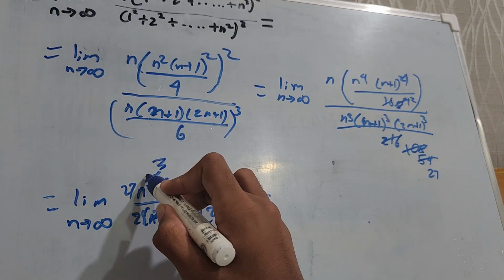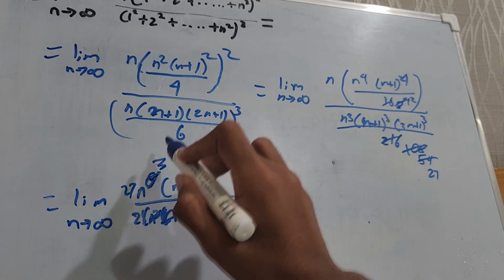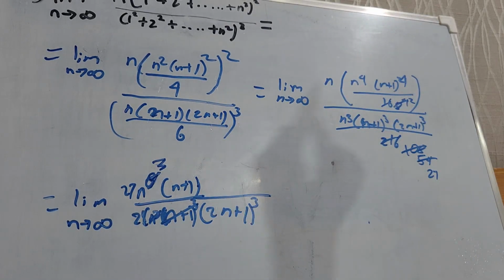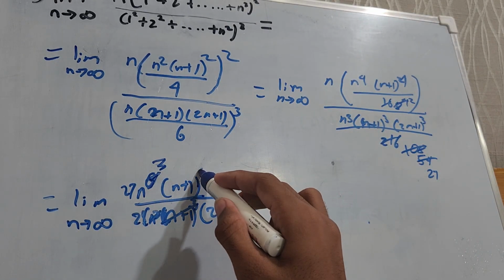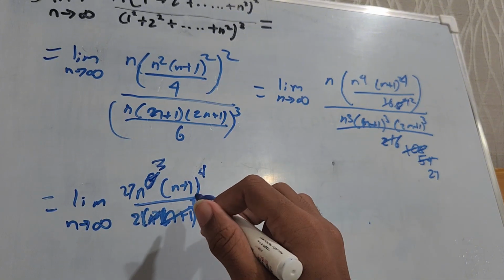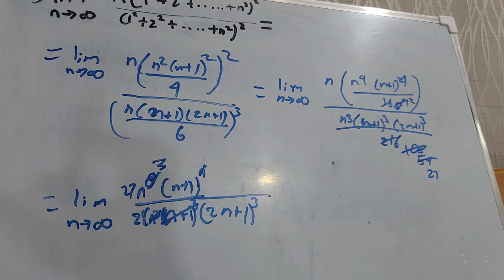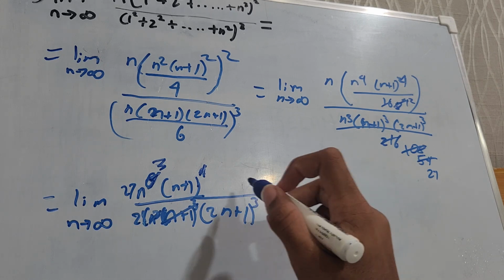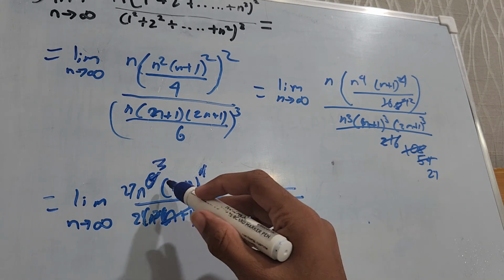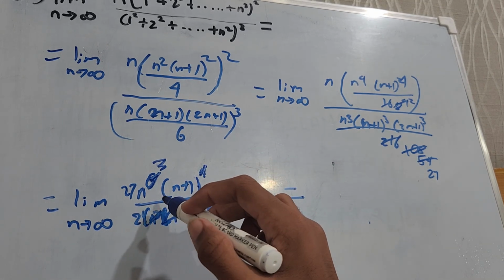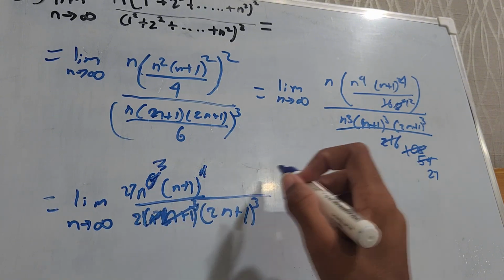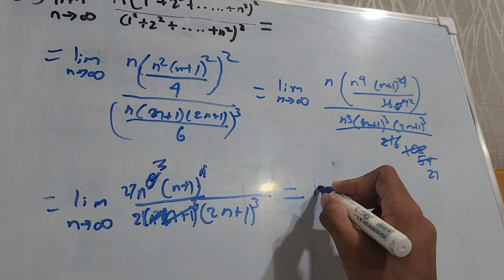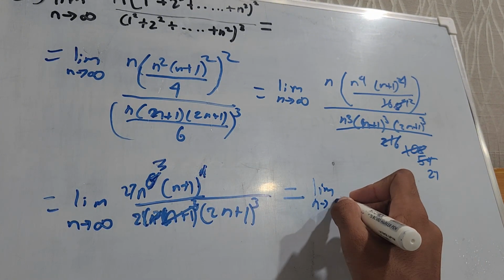It will become 6, so we'll cancel n cube. No, not one time, it will be 4 times, right? Yeah, 4 times. So this one cancels. Now n cube we cancelled, right? Yeah. So limit n tends to infinity